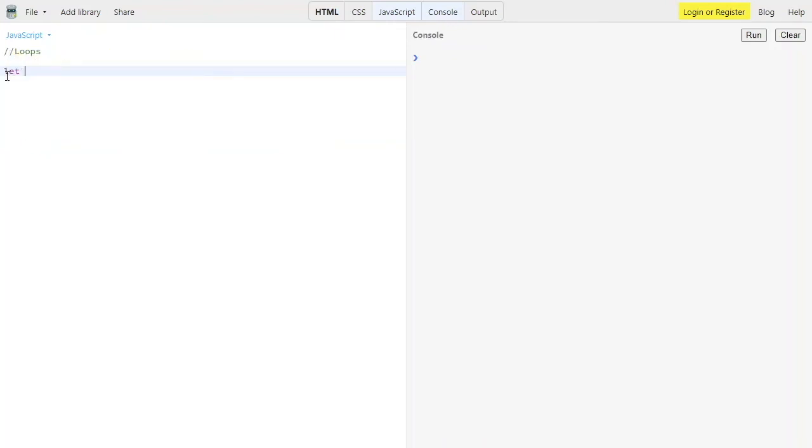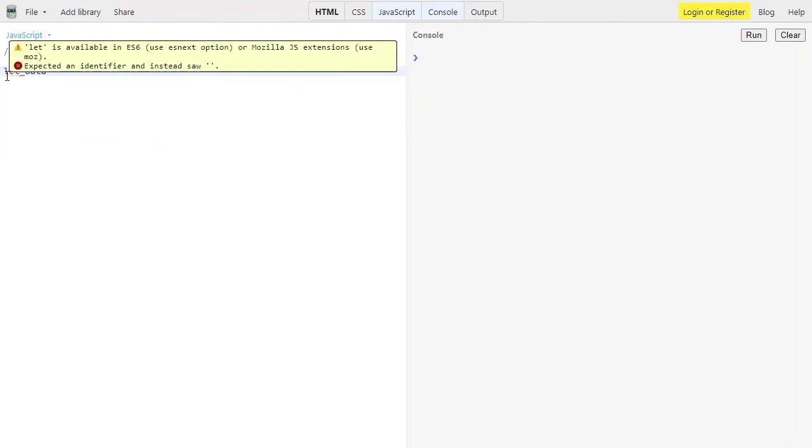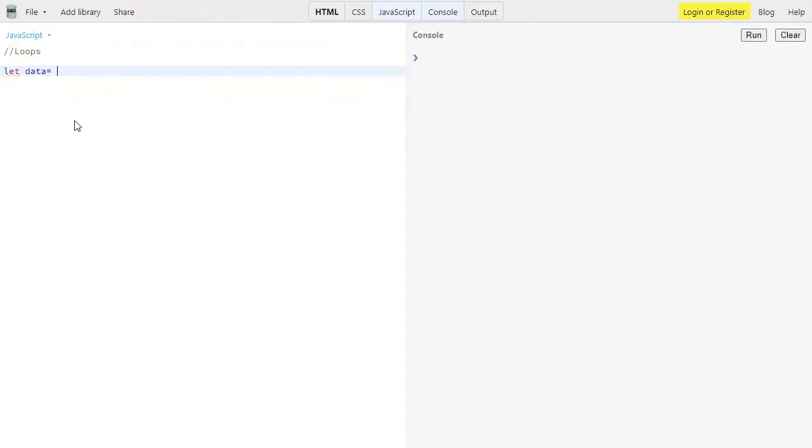I'm declaring one more value, let data equal to 10. Then I'll add a console.log to show that it's working, so that you can easily identify whether the program is working or not. And then we have while data is greater than or equal to 10.